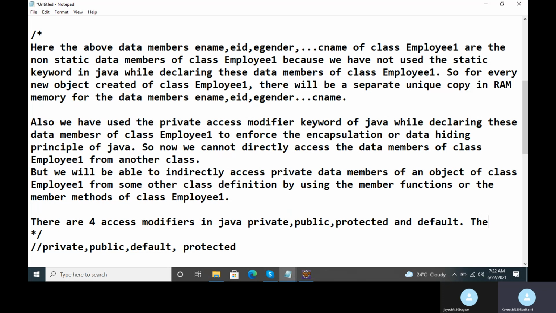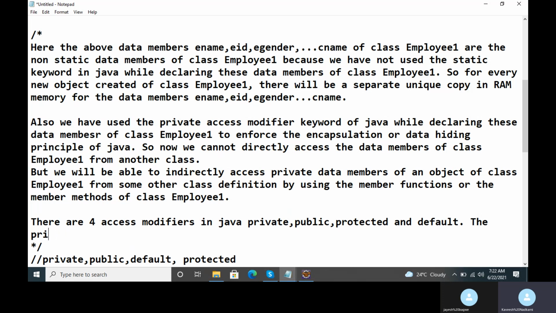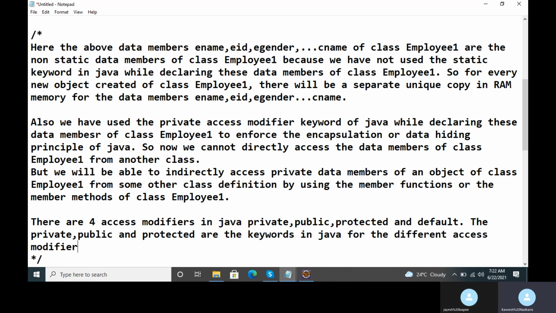Private, public and protected are the keywords in Java for the different access modifiers. There is no keyword in Java for the default access modifier.